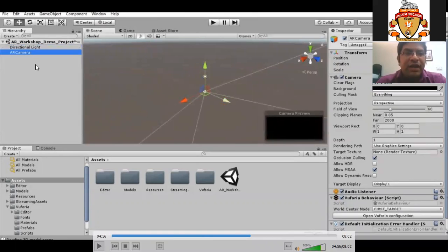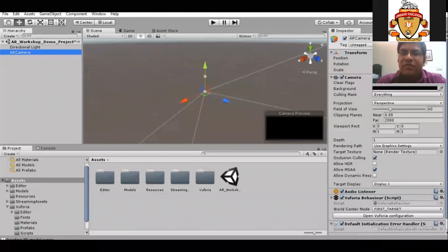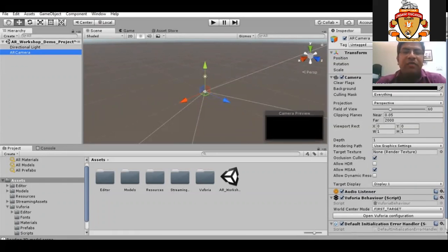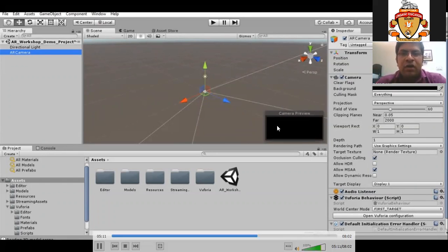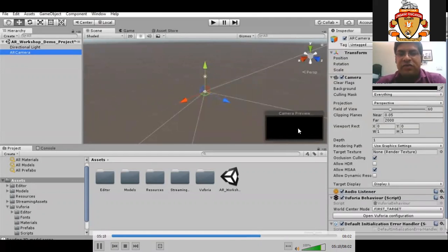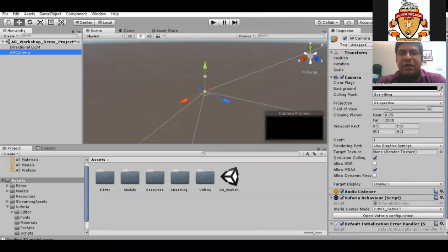Now it is showing us the AR camera. When we click on the AR camera, this will come as camera preview, what the AR camera is visualizing now. Also the position and orientation in XYZ and roll pitch are shown here, and also the scale of the AR camera. So in this right hand portion, the position and orientation of the particular object is shown. Now the AR camera is not visualizing anything, so the screen is blank.